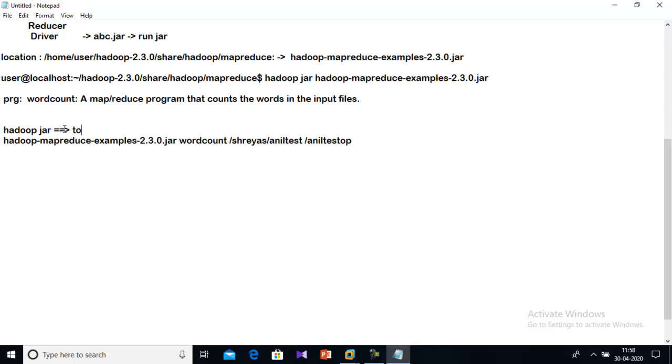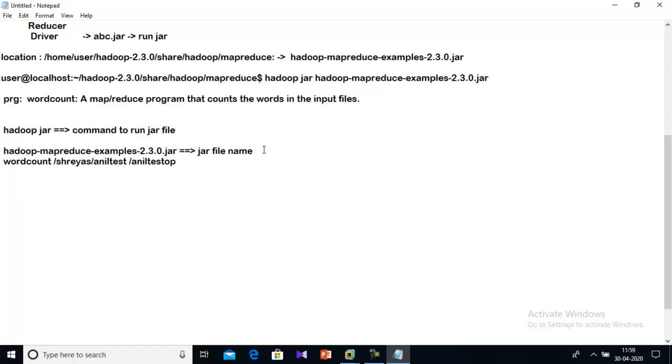This is the command to run a jar file, and this is the jar file name, and this is the program name.